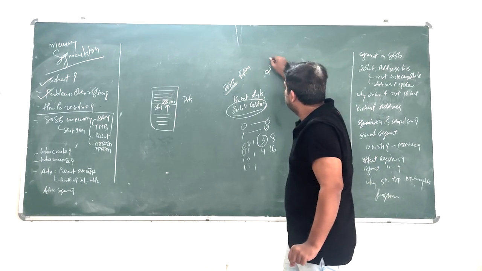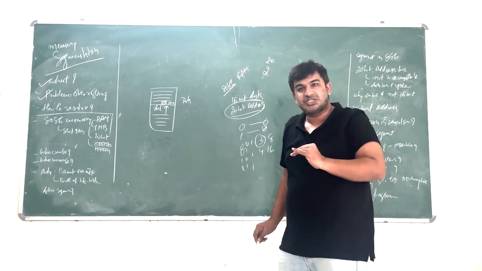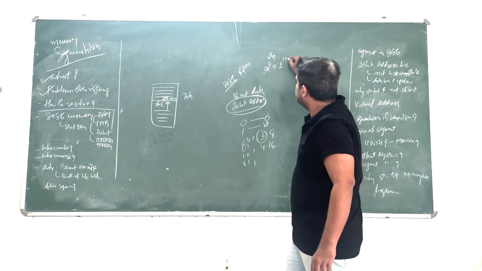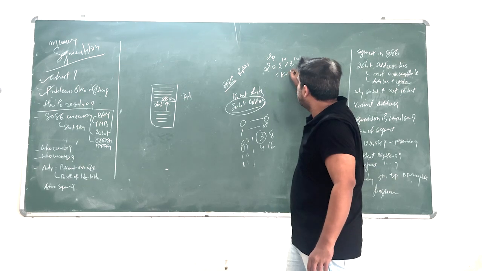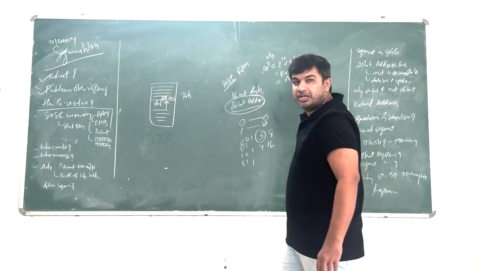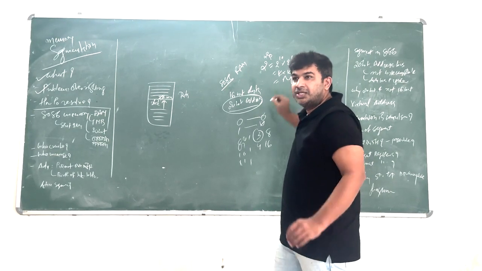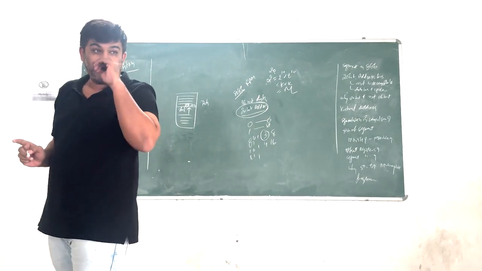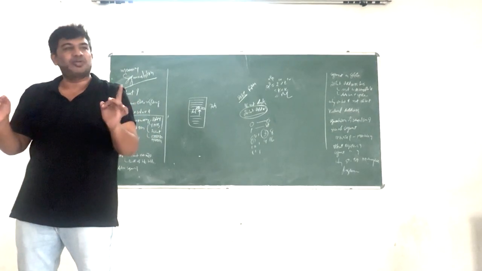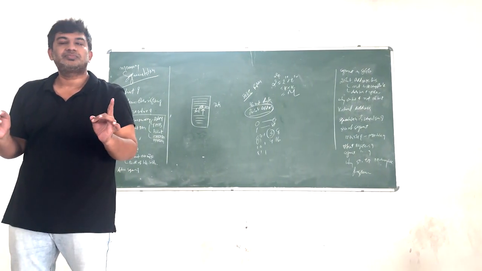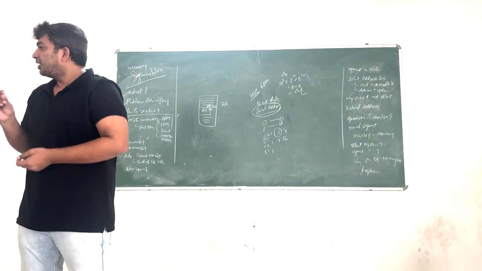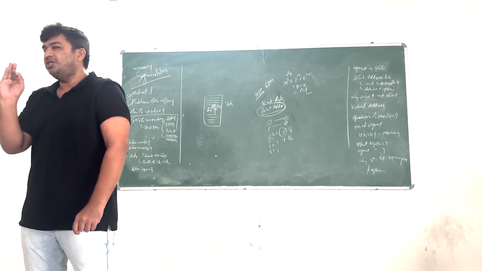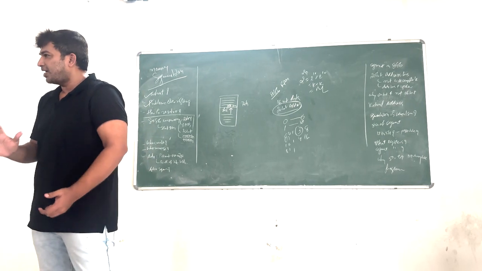So in 8086, you are having 20-bit address bus, so you can have maximum 2 raised to 20 different locations possible. What is 2 raised to 20? It is equal to 2 raised to 10 into 2 raised to 10, which is equal to K into K, which is equal to M, million. So in 8086, total locations possible are 1 million. What is the maximum amount of memory possible in 8086? 1 million. What is the reason? Because in 8086 your address bus is of 20 bit. This is the reason. Get it?